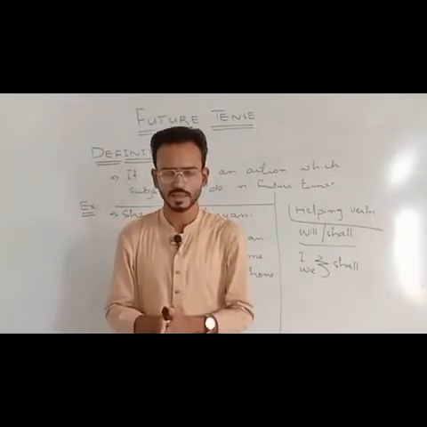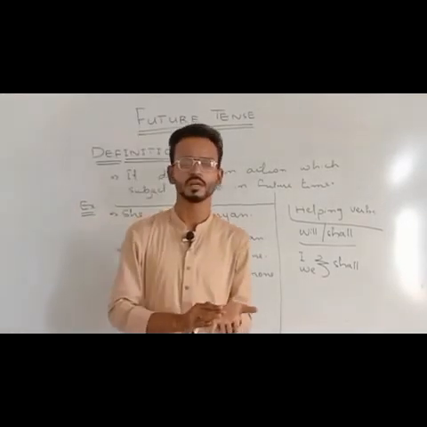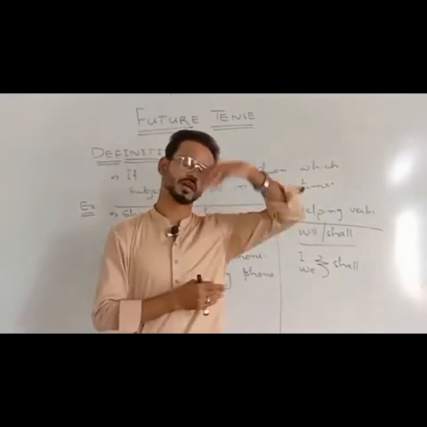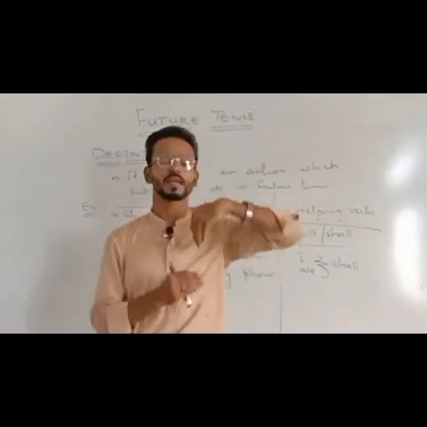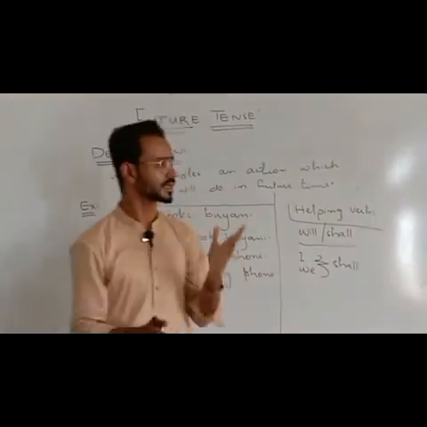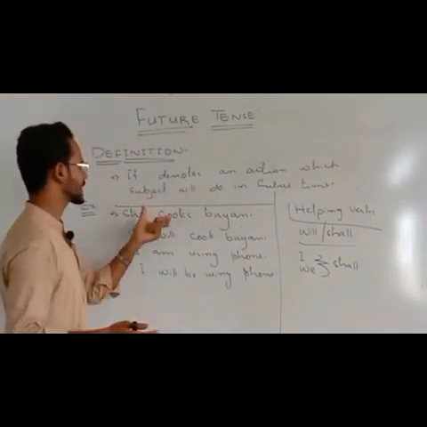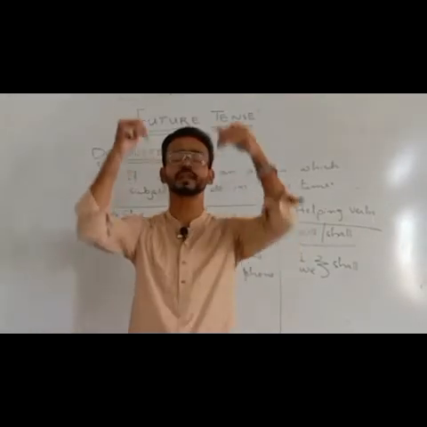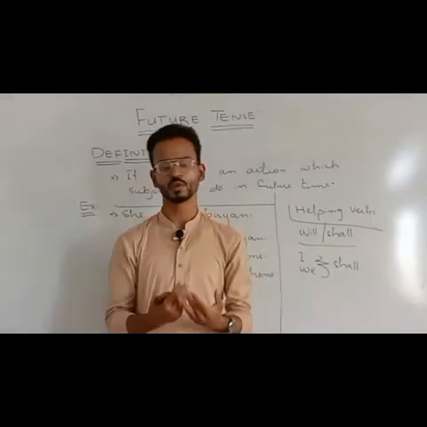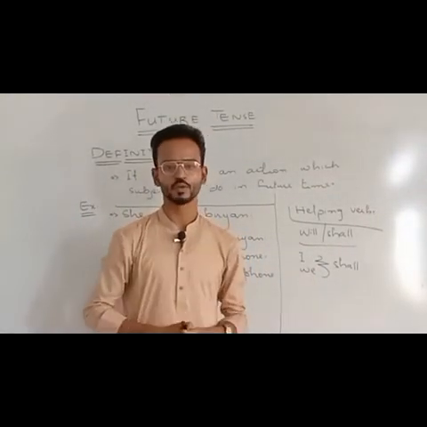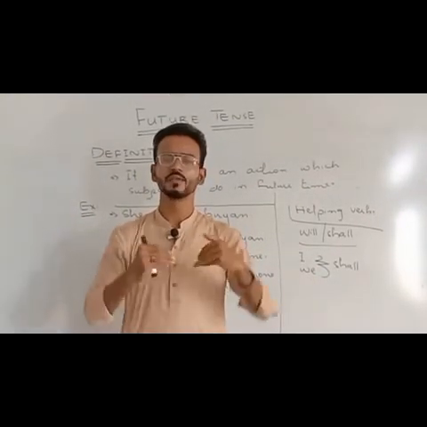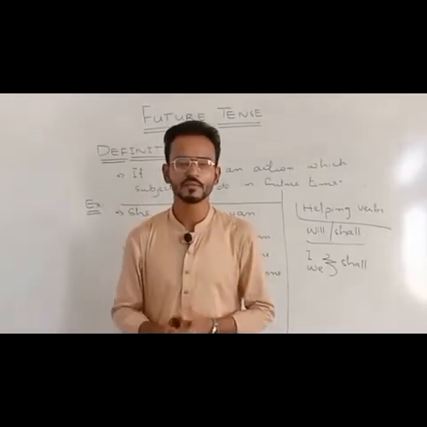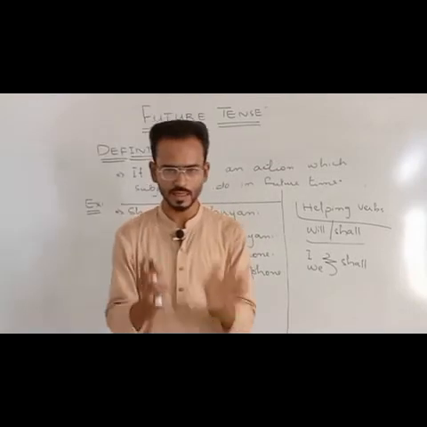As we have discussed, there are three tenses: present, past, future. In present we talk about what we are doing right now, in past what we did last time, in future what we will do. The definition says it denotes an action which the subject will do in future time. Means such actions which we will do in future time. Like you guys say, we will come to the school. Right now you are not in the school. You will come to the school. It means you are talking about future tense. So this is our future tense, guys, and it is enough for today's class.